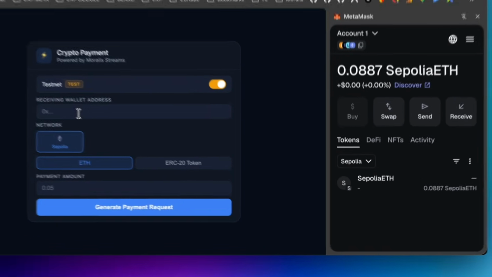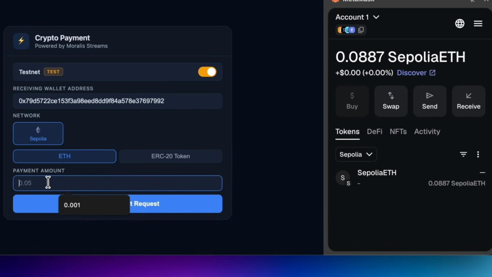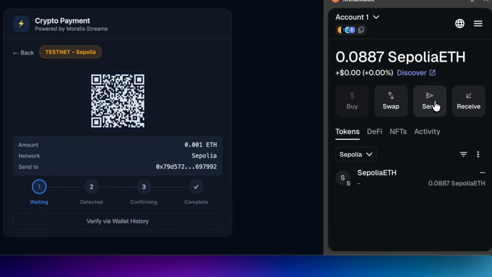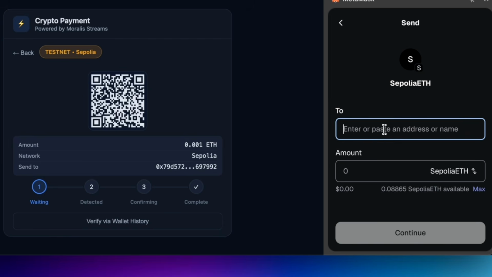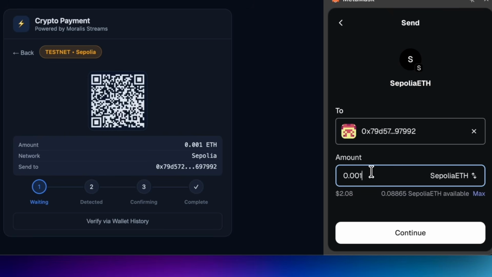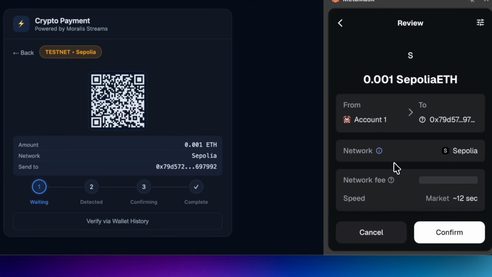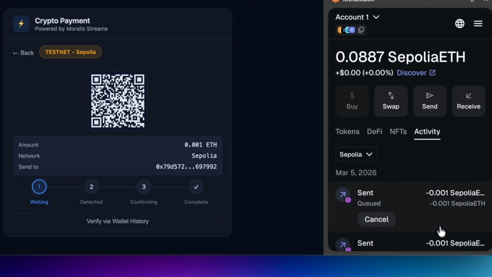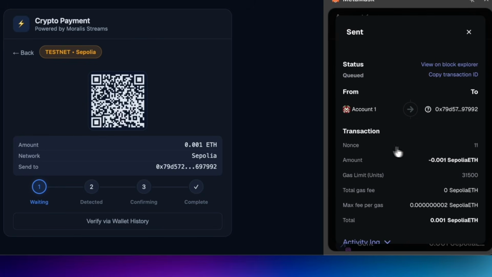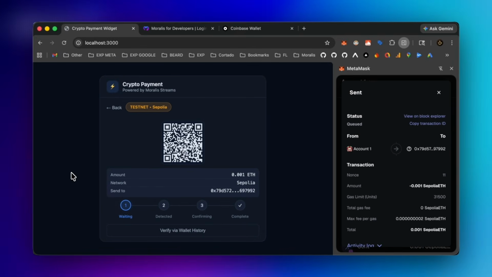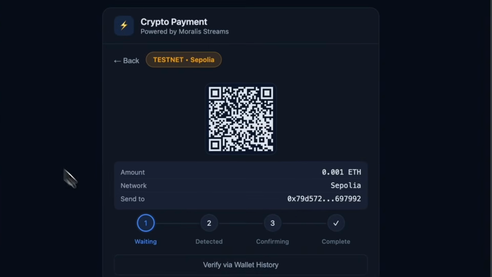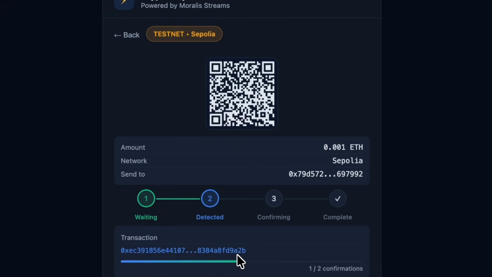What if you could build a real-time crypto payment checkout system that detects transactions the moment they hit a blockchain? No polling, no running your own node, just instant webhooks the second a transaction hits a mempool. In this video, I'll show you how to vibe code a full crypto payment confirmation widget using Claude Code and the Moralis Streams API. Real-time webhooks, live status updates, QR codes, multi-chain support, and a verified fallback using the Moralis